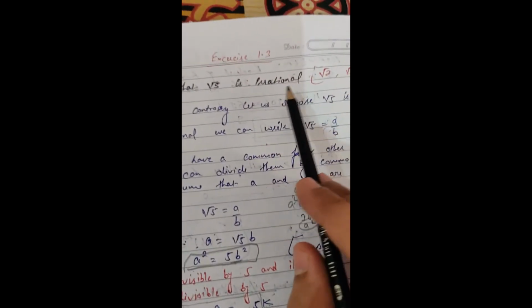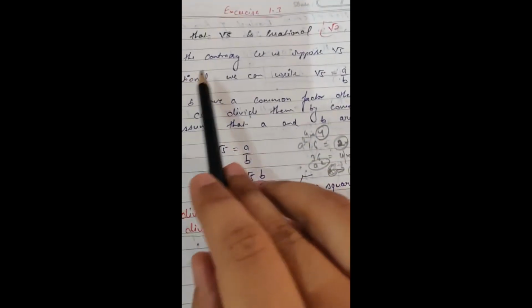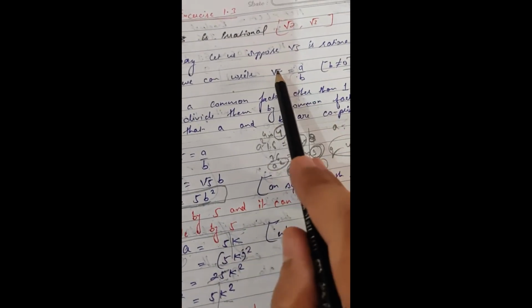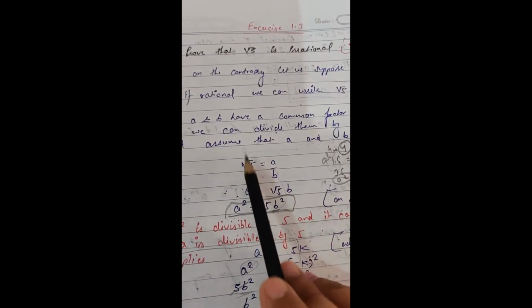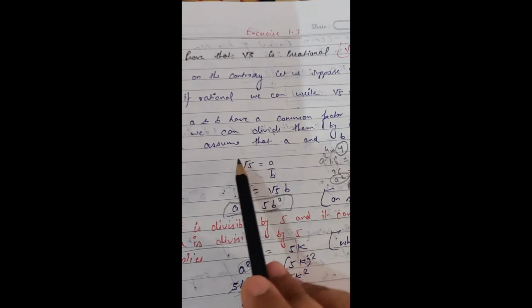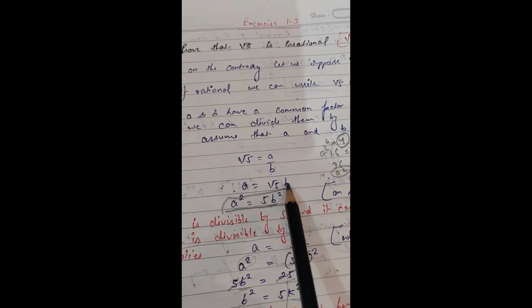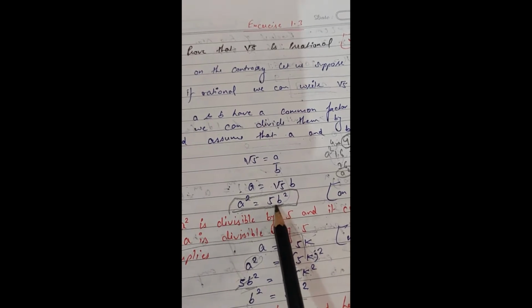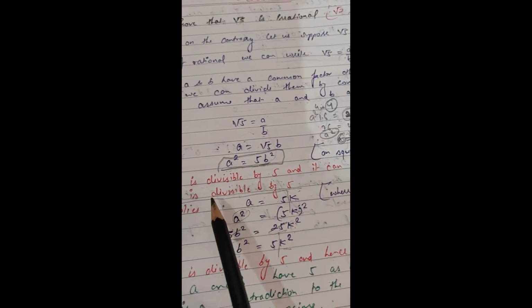So now if you want to prove that root 2 is irrational, you will choose: let root 2 be rational, and root 2 will be written as a upon b. Here you will write the same statement for them. Then root 2 is equal to a upon b, a is equal to root 2 b, a square is equal to 2b square. Then you will write the statement a square is divisible by 2, and hence a is divisible by